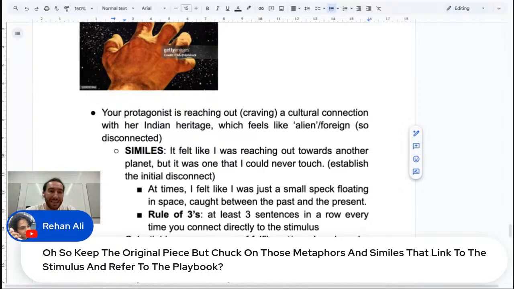So you don't actually need to construct an entirely new piece, because I thought the idea, or at least what you were asking, was how can I still use my original piece or idea, but link it to these different sources? So that's kind of what I've broken down. But yes, if that's the aha moment there, then yes, you use metaphors and similes to do that. That's right. But you could also use the form itself, like the playbook. That was a clever idea, but you don't need to do that.